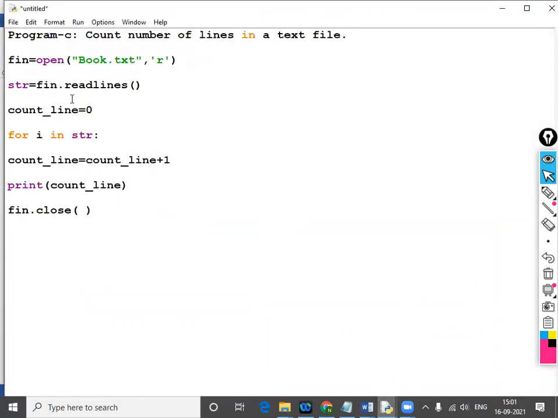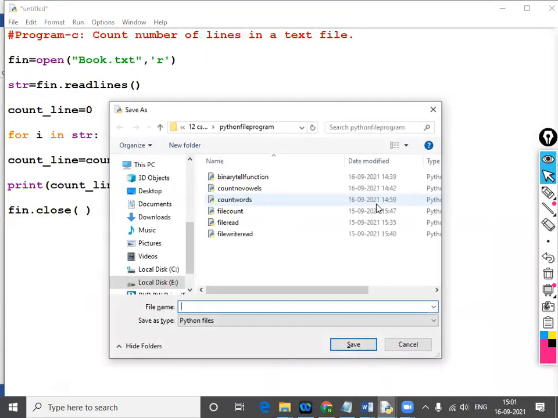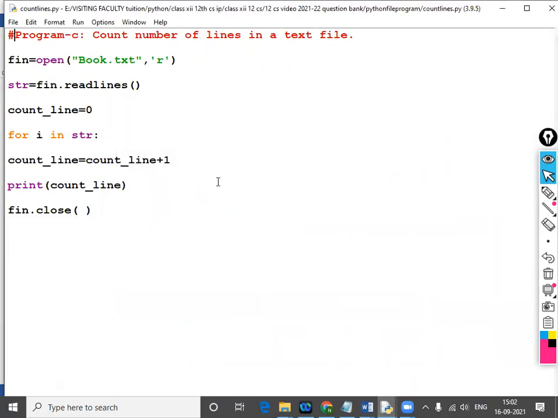Count lines. E colon abc.txt. Read what?